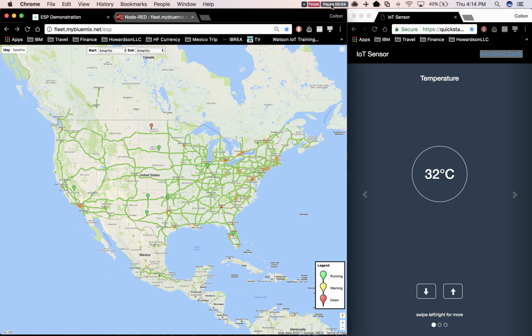I am a technical solution specialist for North America Watson IoT, and today I'm going to be giving a demonstration on the Watson IoT platform. So I'm going to be talking about what the Watson IoT platform is, how it's applicable to industry, and then I'm going to be diving into an actual demonstration of how the Watson IoT platform works for oil and gas